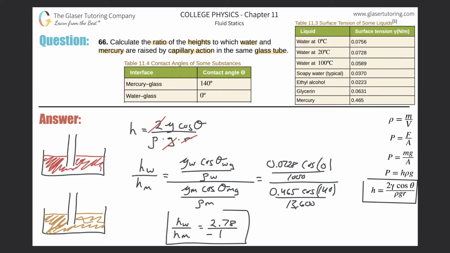So this is my answer, and then what this tells me is that the water will rise up positive 2.78 units of length above its level of water inside the basin. 2.78 what units? Could be meters, centimeters, whatever, as long as you're consistent. This is a ratio, so basically it's unitless. So let's say that the water goes up to this particular level up here, right? So the water is going to fill this tube, and this right here is going to be, actually, let me draw the arrow. That right there is going to be a positive 2.78 units of length